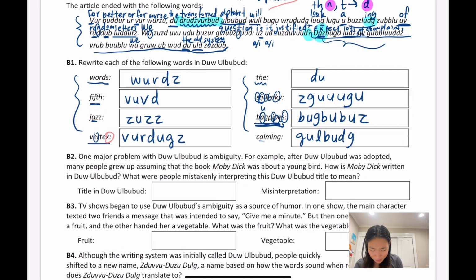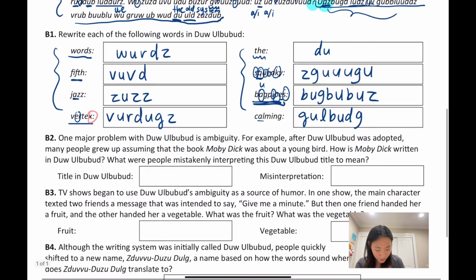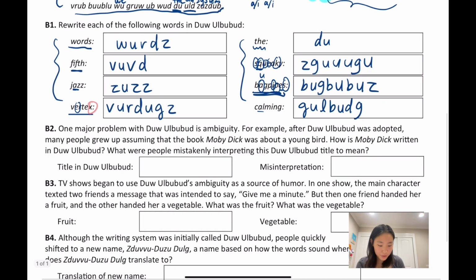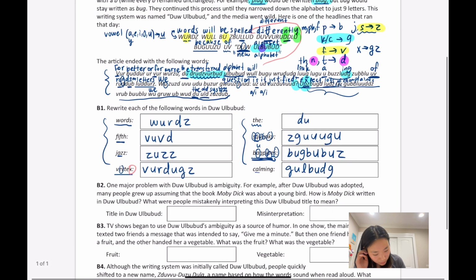All right, so it says one major problem with "Do Ulbudud" is ambiguity. For example, after Do Ulbudud was adopted, many people grew up assuming that the book Moby Dick was about a young bird. How was Moby Dick written in Do Ulbudud? And what were people mistakenly interpreting this phrase as? So we know that M's correspond with